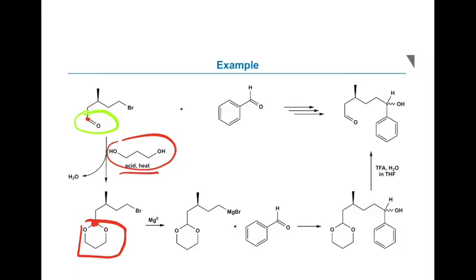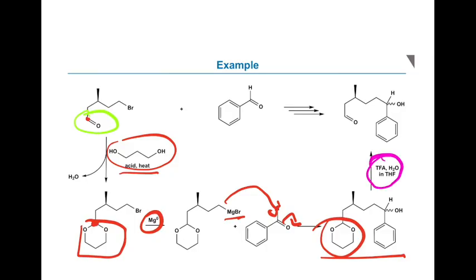They are actually stable to base and other nucleophiles, which means I can do my Grignard reaction, form my Grignard reagent. I now do my nucleophilic addition to that center to form this species where my protecting group is still in place. Then I do a deprotection step. I'm cutting out this group by adding water to the system and re-exposing my aldehyde.